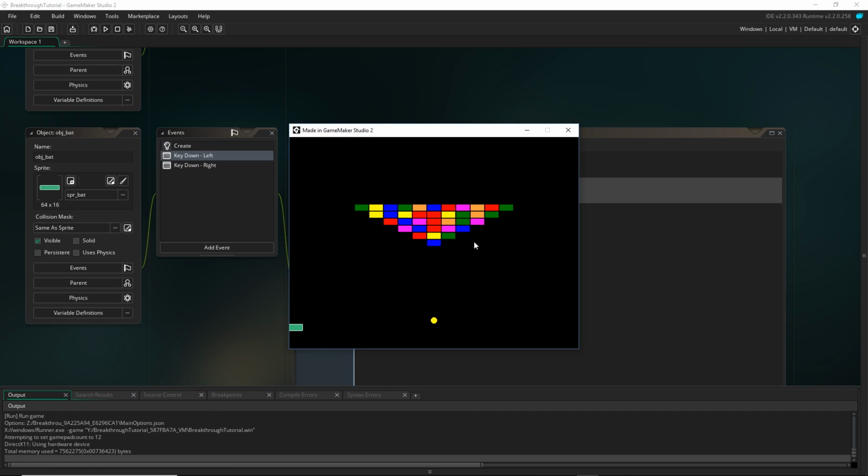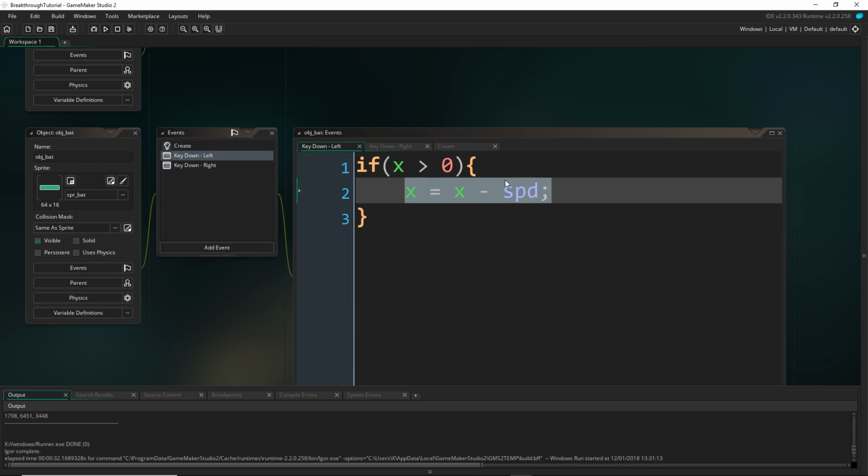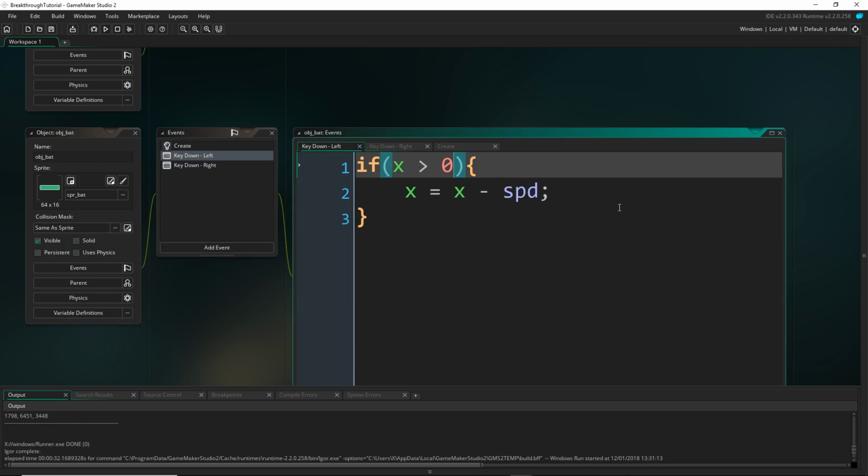So let's move the bat over, but you can see the bat is sort of half going outside of the room. And remember, that's actually because of where we set the origin for the bat. So its X position is actually in the center. So if you move it over all the way, this code is only kicking in when the center of the bat is here. So what we might want to do is also add the width of the bat to this